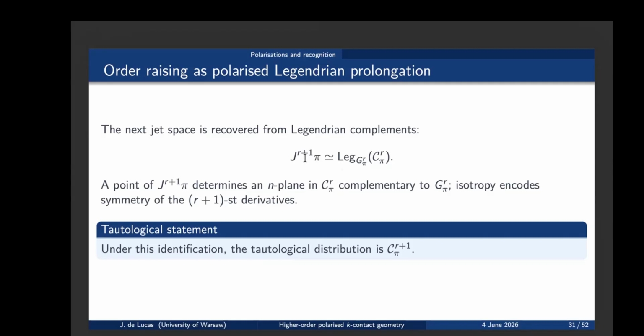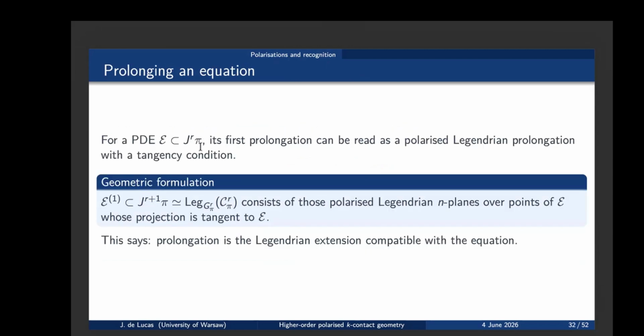For example, it can be proved that the extension of a jet manifold to the following one can be recovered by taking the Cartan distribution and taking the description of all the Legendrian subspaces belonging to the Cartan distribution. If you do that, in K-contact setting, it turns out that this manifold is exactly the following prolongation. What this result means is that the prolongations in jet geometry are Legendrian prolongations in K-contact geometry. When you have a PDE, it is normally a submanifold of J^1 π,